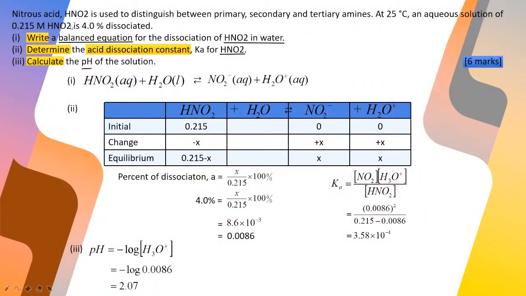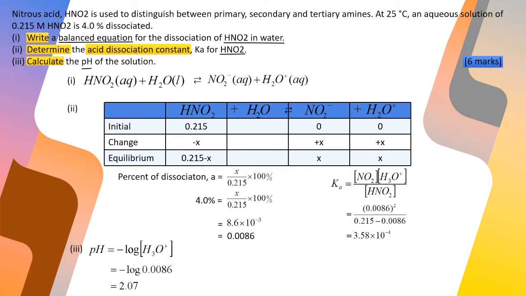Okay, the first question is: nitrous acid, HNO2, is used to distinguish between primary, secondary and tertiary amines. At 25 degrees Celsius, an aqueous solution of 0.215 M HNO2 is 4.0% dissociated. Okay, we need to